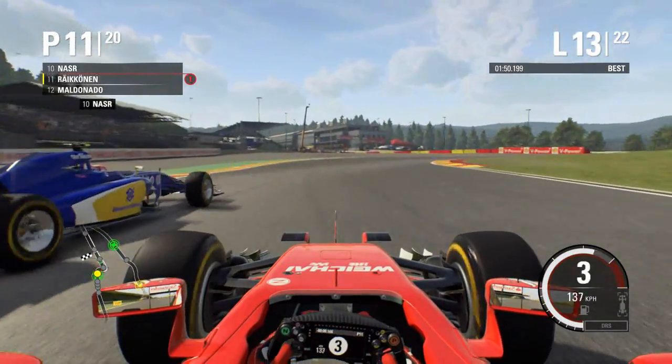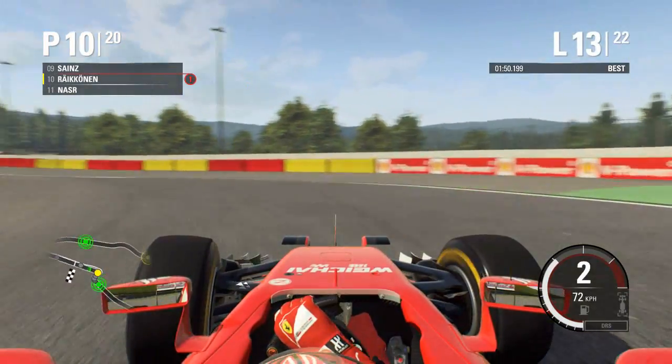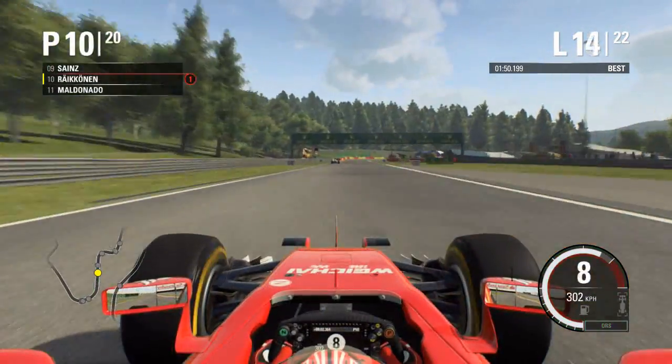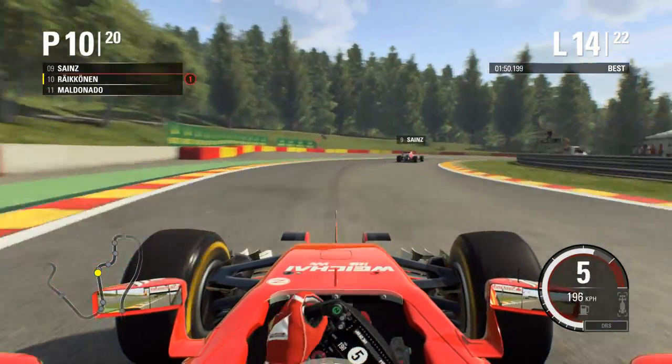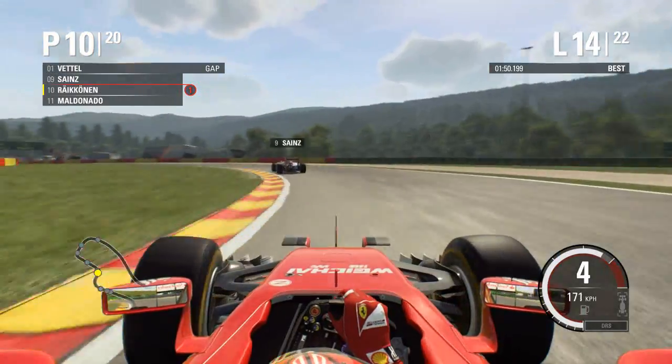We're going to try and brake really late, lock up both front tyres, but we are going to dive it up the inside, and we are going to make the move up into P10 here. And that is a brilliant series of overtakes there, overtaking that entire train in 1 lap. So good action there from us, and definitely making the most of our soft tyres and not losing much time